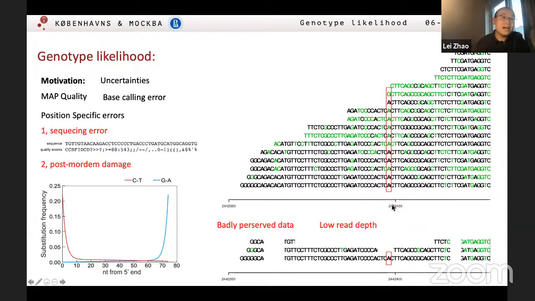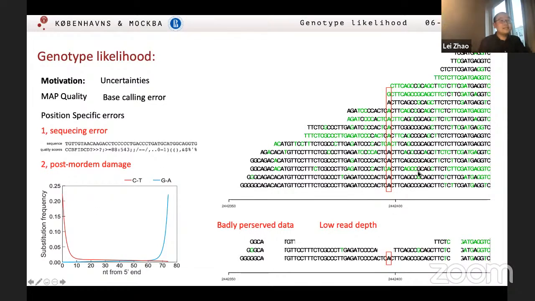Suppose it is haploid, maybe people will guess it is an A here. And suppose it is diploid, how can you tell me? Maybe with 11 A or 10 A, you will say it is a homozygous AA here, and the G is just due to sequencing error or something else. But as we move on, I will show that even if you observe this kind of data, the heterozygote GA may be the most possible genotype underneath.